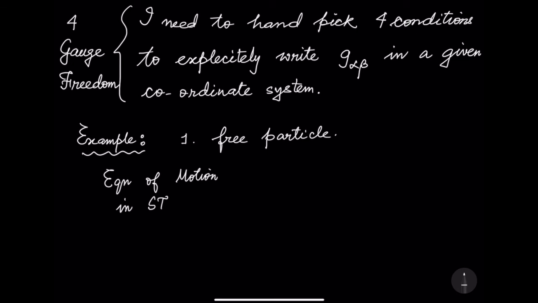And so this is in Minkowski space. I'm just writing in STR, special theory of relativity. So this is d u alpha d tau equals 0. Free particle, right hand side is 0 and u alpha is the vector. So this is a 4 vector, you see. This is our knowledge of